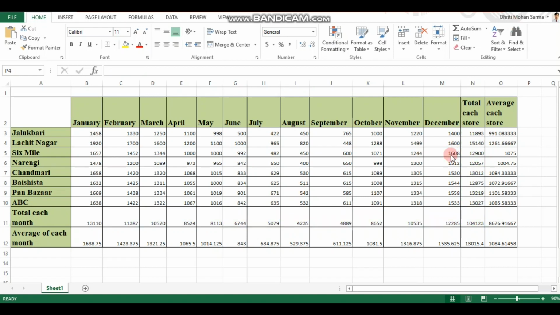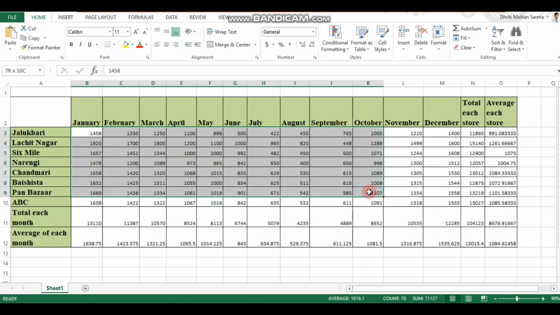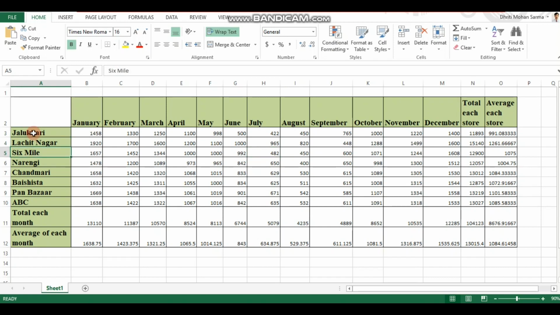Now let's quickly see the difference between the first 10 and the first 10%. What is the difference between the two options that we have? In this particular example, if we consider just the individual sale figures for the month, from B3 to M10, I don't think there will be much difference. If we select the first 10, obviously 10 cells would be marked. If we go for 10%, we have around 1 2 3 4 5 6 7 8 and here we have 12, so 12 is 96, so around 10% will also give us 10 units only.